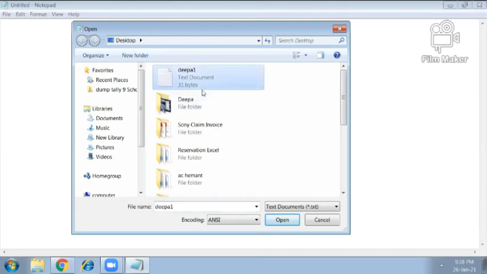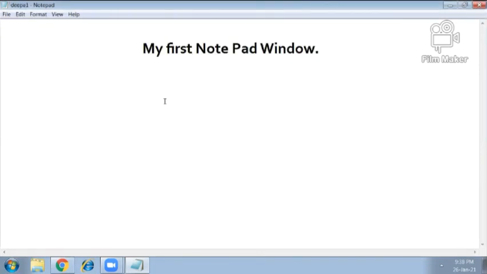As you click on it, you will find that this option is highlighted. And you can see that the extension is .txt. It means our file is related to a text document, that is our Notepad. Open. Now you can see that this is our file which we have saved with a particular name.